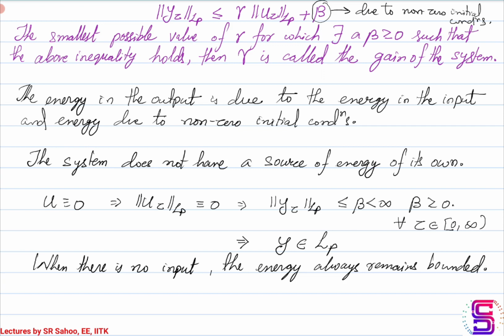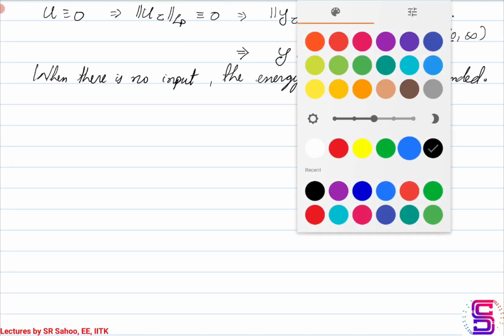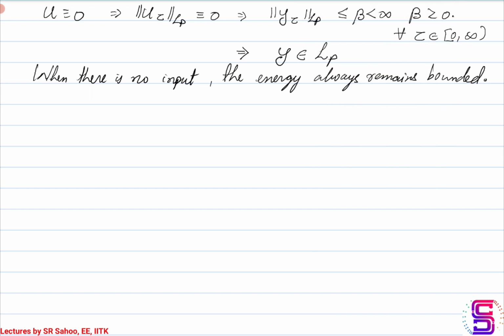Okay, and that is why the system cannot have a source of energy on its own. Otherwise, the output would have a tendency such that it will see an increase in its energy, right? Okay, we call the system